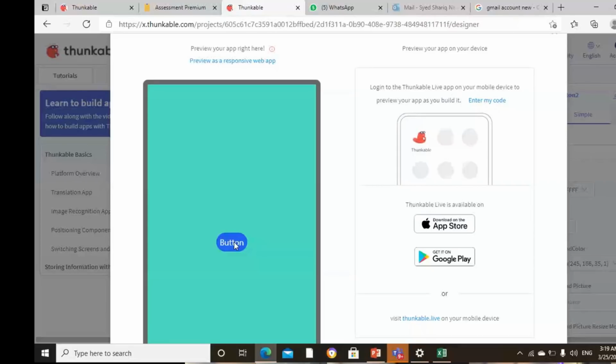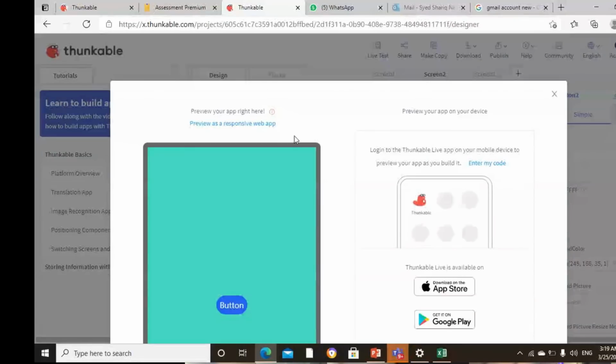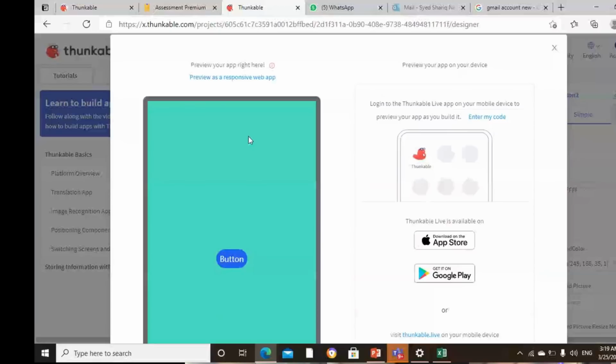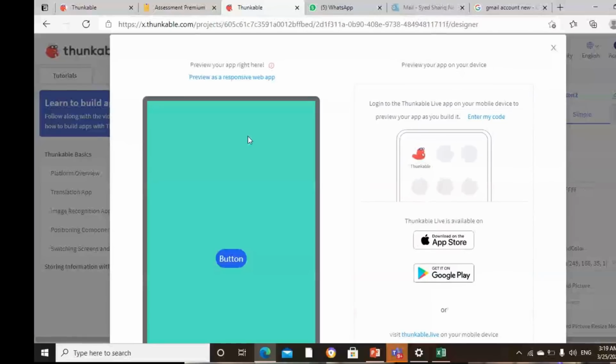So in the next class, we will create the calculator also like this. It means when we put in the number from here, suppose 2, and after that the plus sign, then 3, and then when we press the button, it will give us the answer. So on the top you will find the publish button. You can publish, but when you finish the software or the application, then you can publish. It's better.